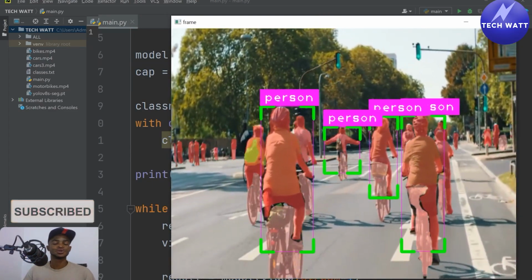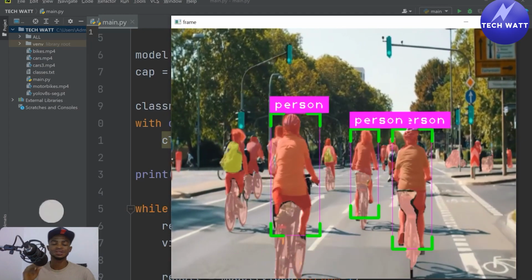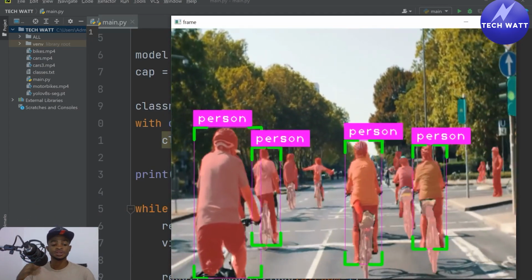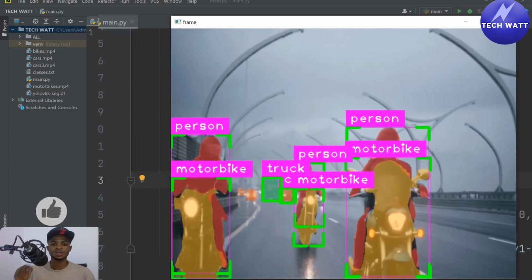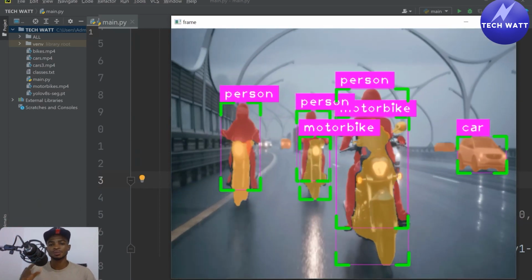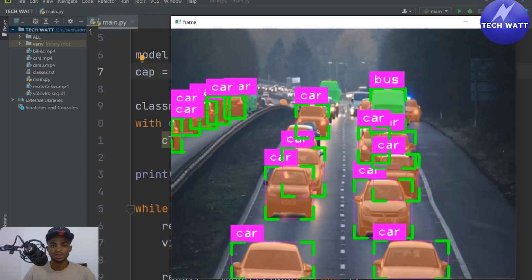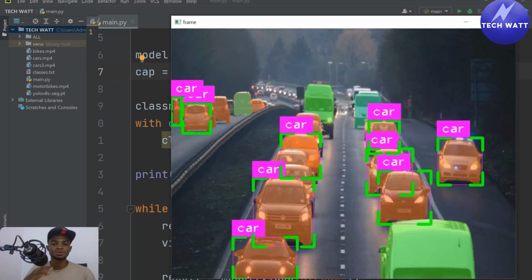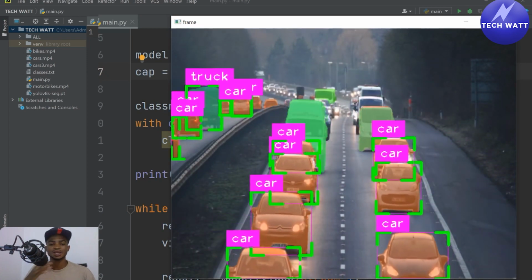So in the previous tutorial I taught you how to run object detection right in your IDE using YOLOv8, and it was very simple, and I can see in the comment section you guys love it. So in this tutorial we are going to leverage on that basis and do object segmentation right in your Python IDE. We are not going to use Google Colab for this, so you can use any IDE of your choice